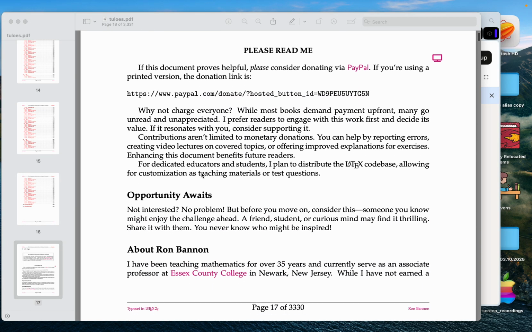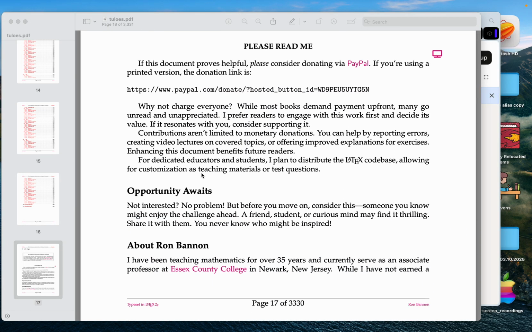The other thing I want to point out is that if you don't want to participate by offering financial help, maybe you want to offer help in improving the document. And one way to improve the document is simply reporting errors. The other way to improve the document is to maybe create a better solution to a problem. Like you say, I've got a better way of doing something, or I think this is better. Creating a video, or maybe not only just a video, but maybe a document to go with the video to show you how you'd solve the problem, I would definitely want to see that. You should learn how to use LaTeX, because it's really the best way to